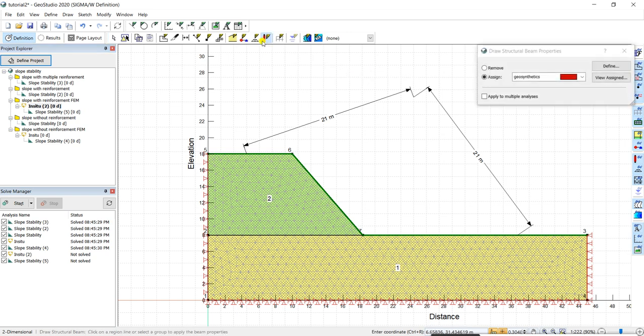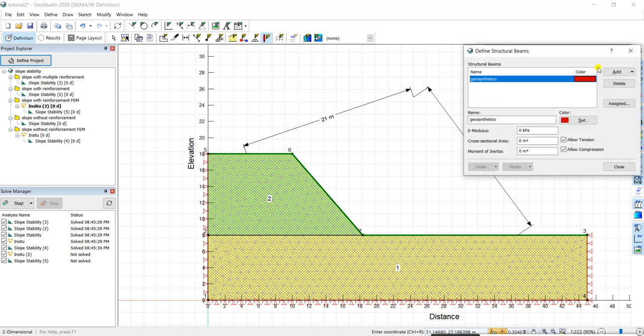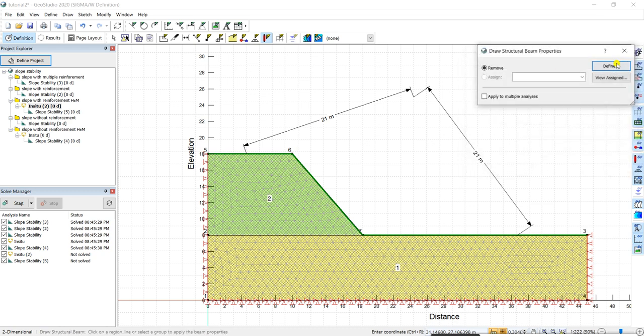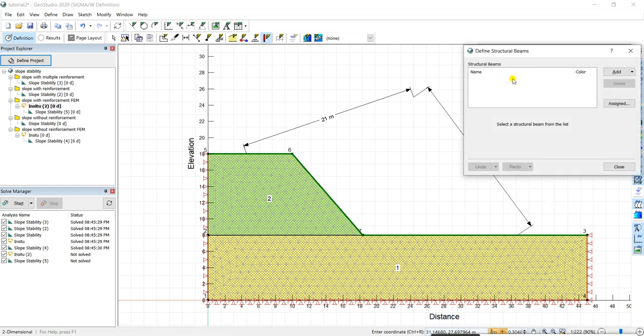So you go to structure beam, then it will appear as a dialog box. Then what you have to do is, let me delete it first. So first you have to delete in add beam, and you'll see there is no beam element defined here. So first you have to define a beam element. So you go to add and a new beam, you call it